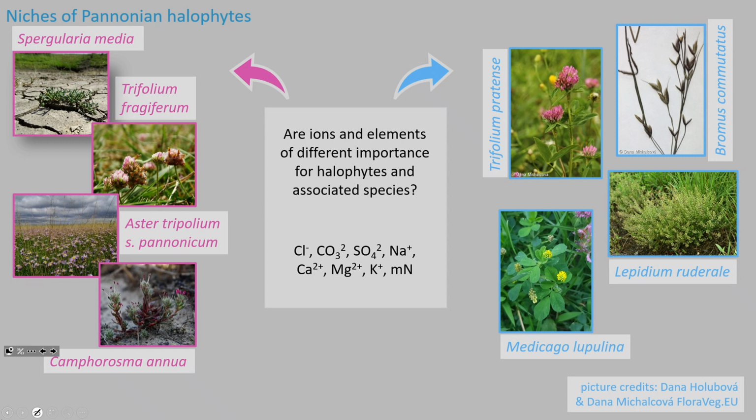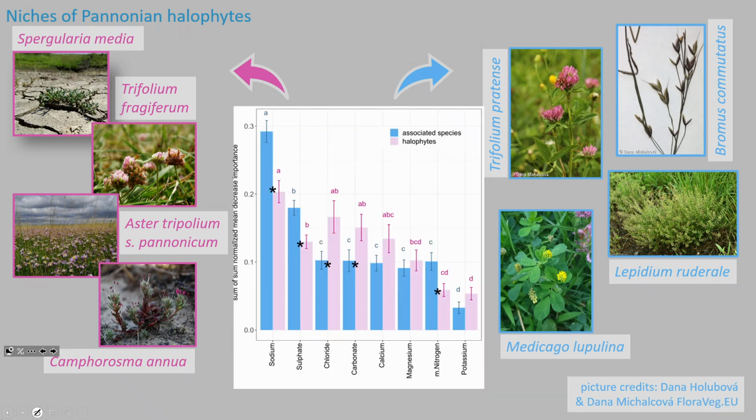So is this variable important for the occurrence of species of this group, yes or no? And what we see when we summarize the importance values that we got from the random forest models for either one of the groups, we see again